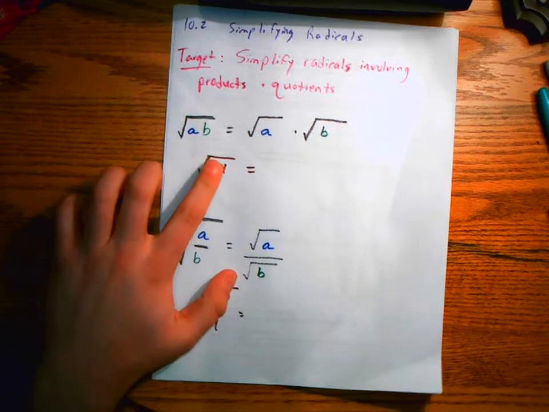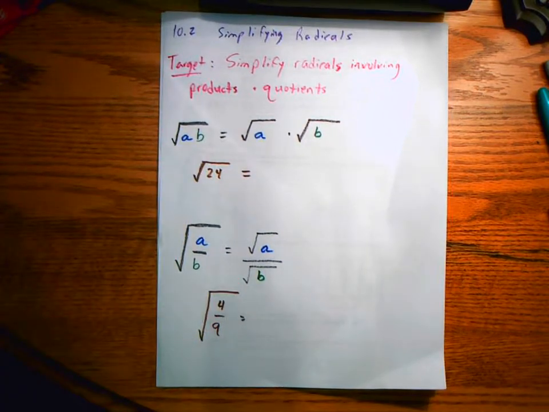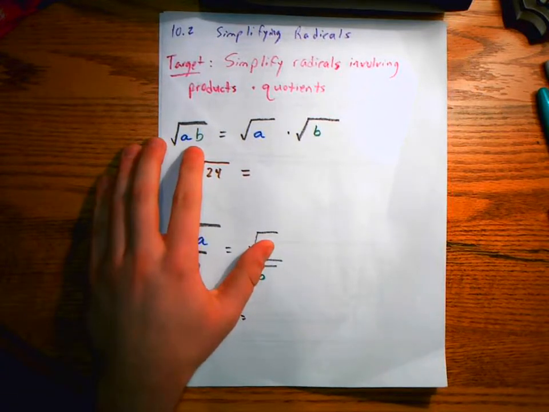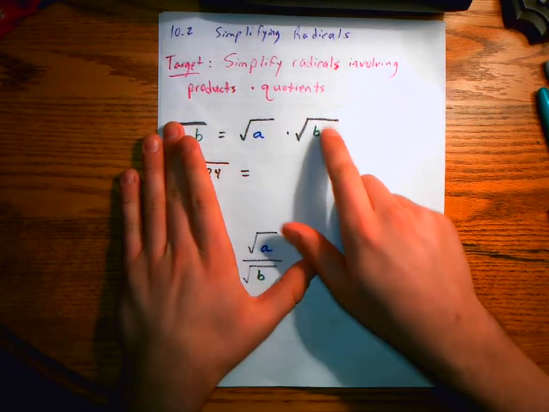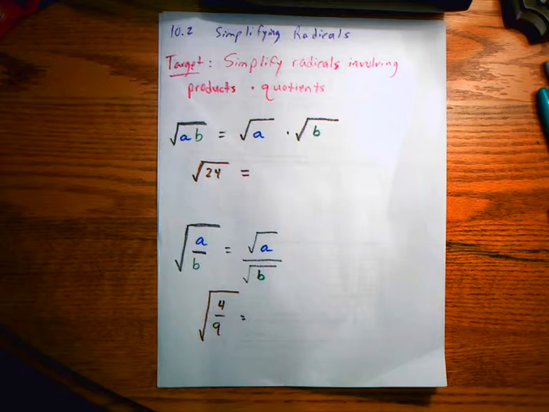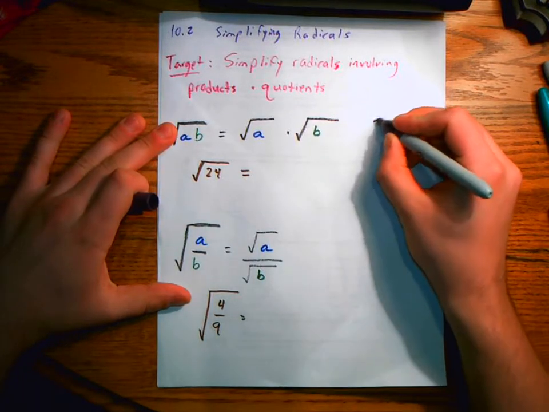So if you want to find the square root of 24, you need to find one number times itself that's going to equal 24. And unfortunately, there is not a whole number that can multiply by itself to get 24, but there's a way we can simplify this radical so that it's not written as a decimal. And the way you can do that is to separate the number into two different factors by separating the radicals as well. So for example, when you're looking at factors of 24,